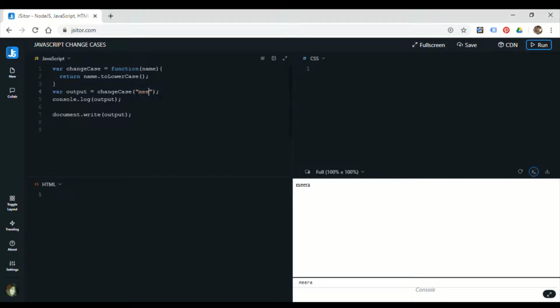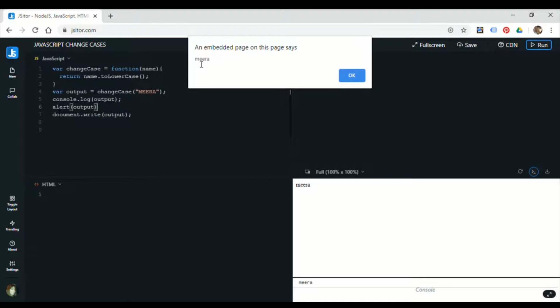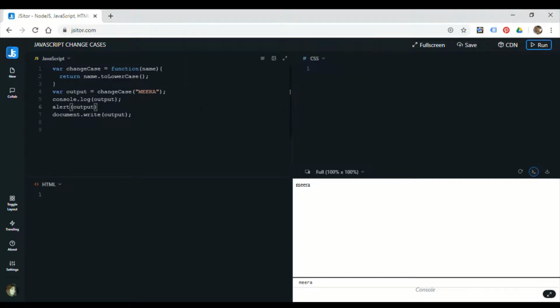And then you do the vice versa, that is changing from uppercase to lowercase. In this case, the only difference is I go over to the same function. I change the name that I've written in the string from lowercase to uppercase.